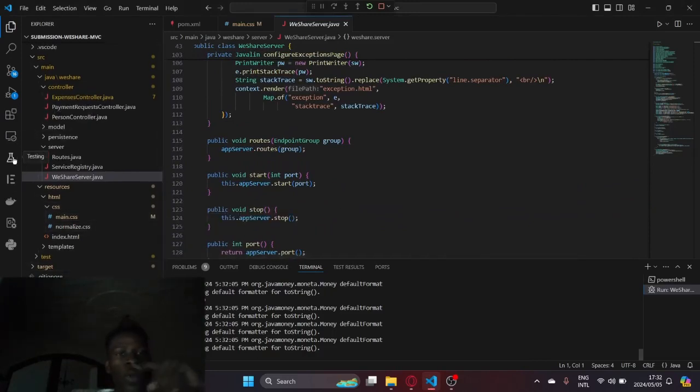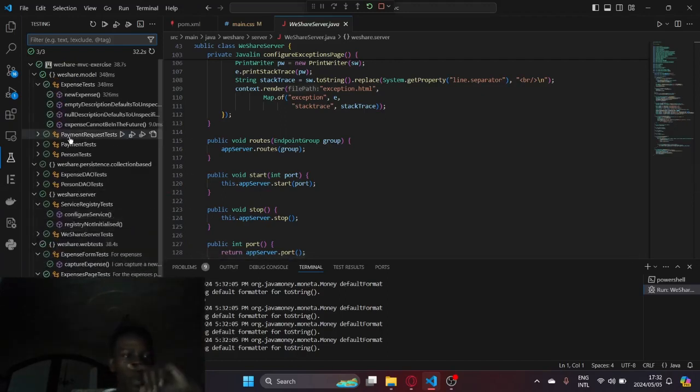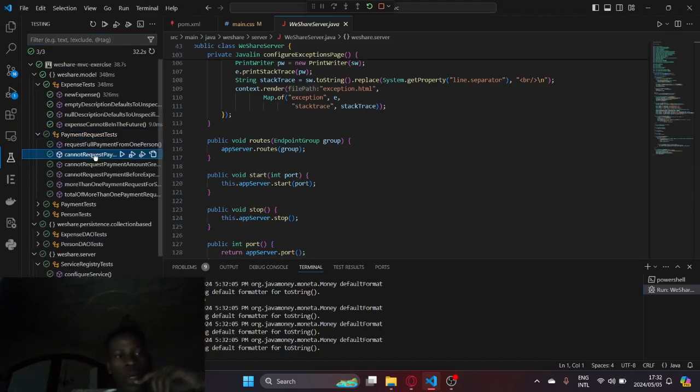And we also used test driven development to help us with the coding process of the web application, so that we know what we need to do, what doesn't work, what needs to work. This is very important, so that you can keep track of what you've worked on or what you haven't worked on, whether it works the way you intended it to work or not, so you can fix it. Right now, I'm gonna run the payment request test,